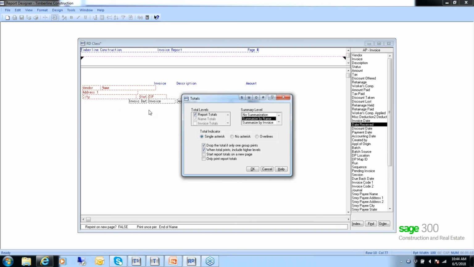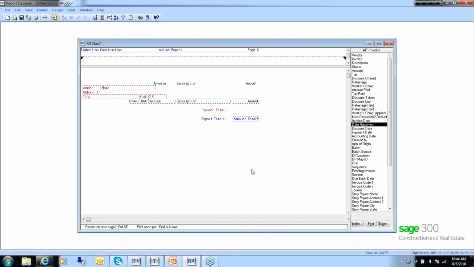Now let me show you what happens. It actually took away the vendor total because we don't need it. We're summarizing by the vendor. If I were to run this report now, I get a total, and this total is by vendor, but look at what happens to the invoice and the